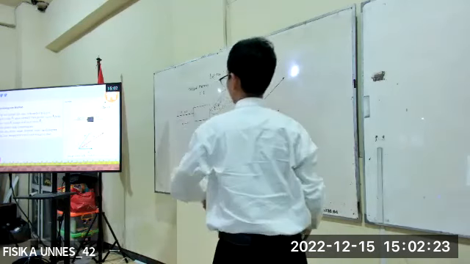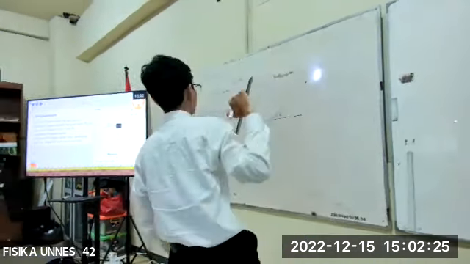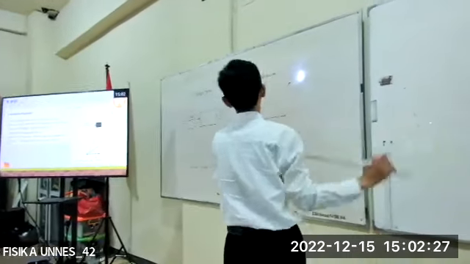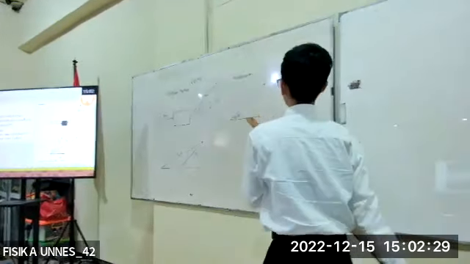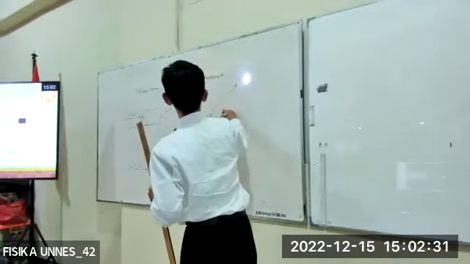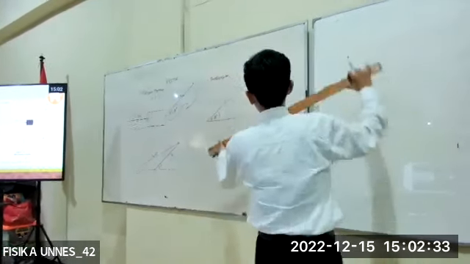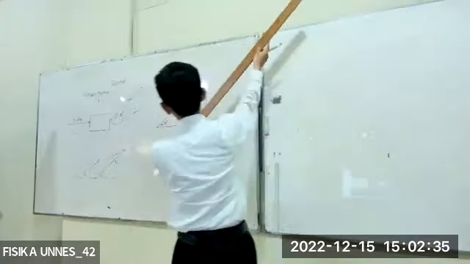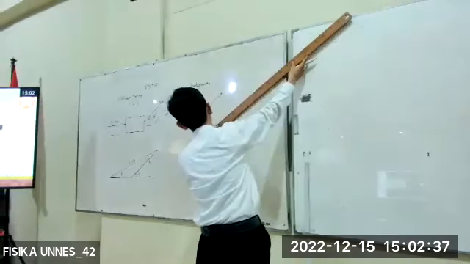It's 36. Okay, then because it's a parallelogram, we need to make another part of this parallelogram the same as F1 and also F2. And for this part,